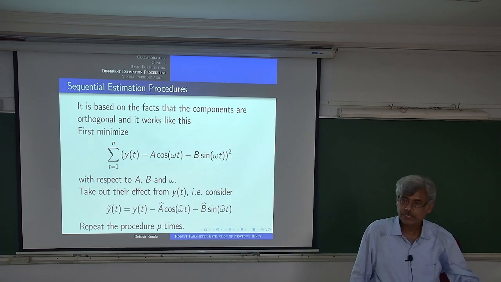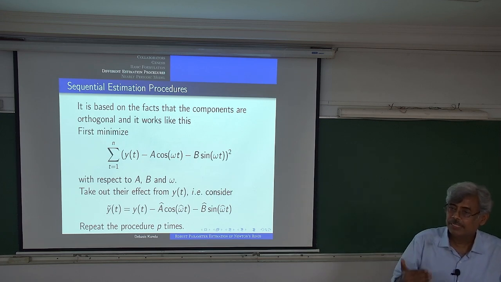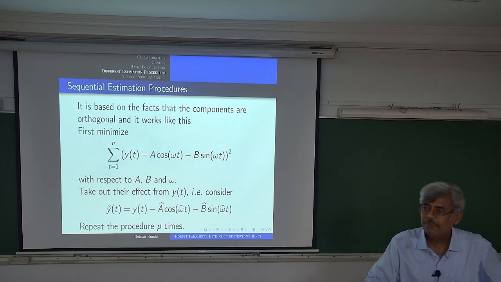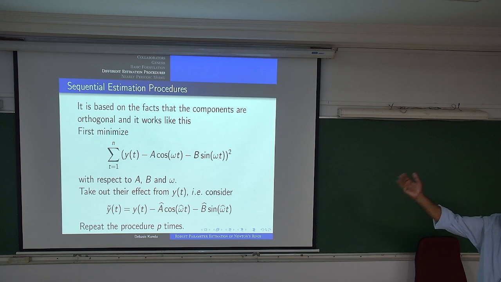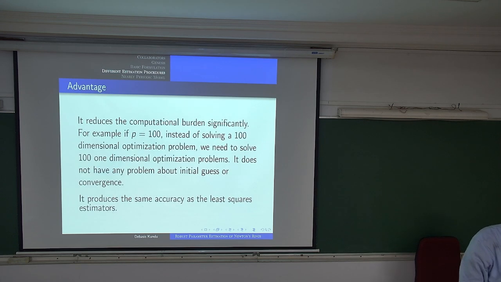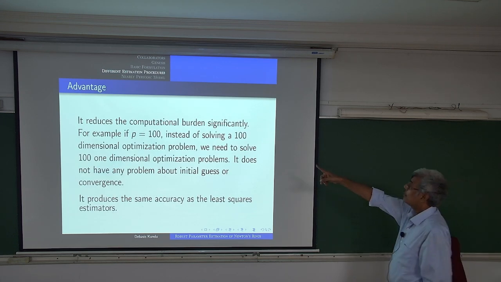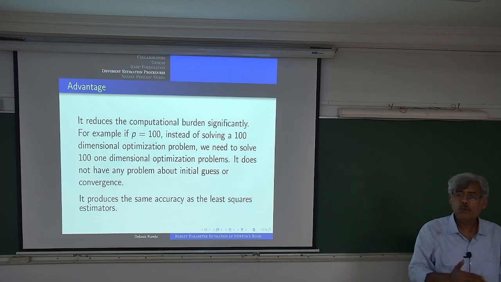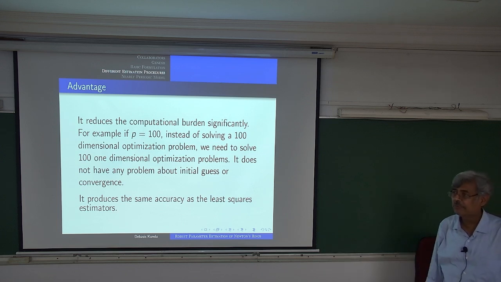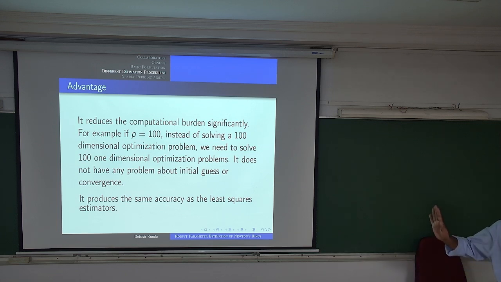It's an iterative process. You do it sequentially, and then you'll be getting all the things. It is a much more doable one compared to the previous one. Instead of solving a 300-dimensional optimization problem, I'll be solving 100 one-dimensional optimization problems, which is definitely much easier. And in fact, as I said, it happens in the case of the ECG data and all these things. We need to solve maybe 75-dimensional problems, which is doable.